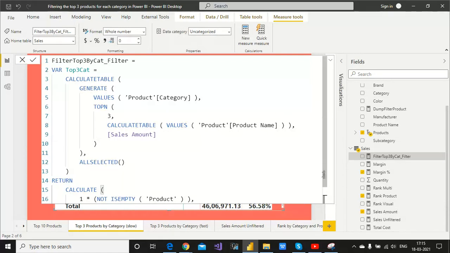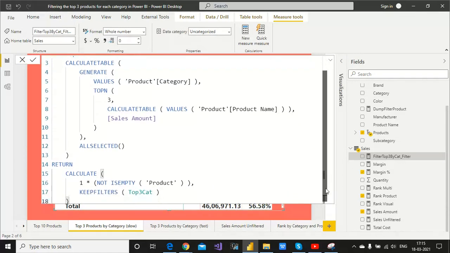After that, since we need to select all so that all values are present, then return CALCULATE 1 where product is not empty, means where we have null values not empty, then multiply by 1, and keep the filters top three categories always. Sometimes someone may want to change filters, so that would change automatically. To control that, we always use the top three categories.